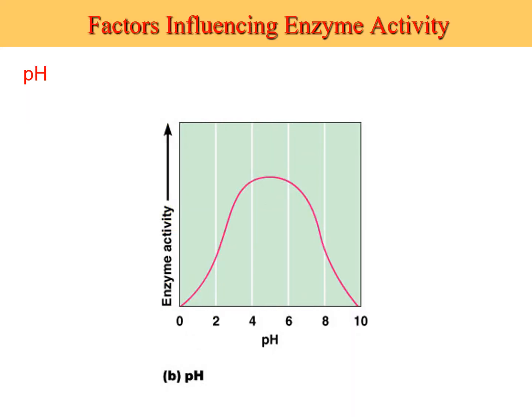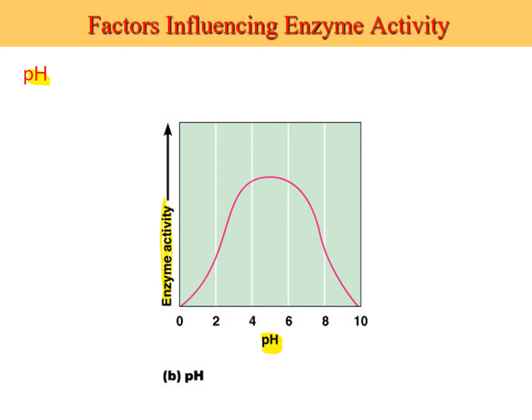pH also has an effect on enzyme activity, and again we're looking at enzyme activity, meaning how much final product is being produced and how fast. Remember, pH is a logarithmic scale, base 10. So a pH of 6 versus a pH of 5 is a tenfold change. Going from 6 to 5 is a tenfold increase in hydrogen ion concentration. Similarly, from 5 to 4,